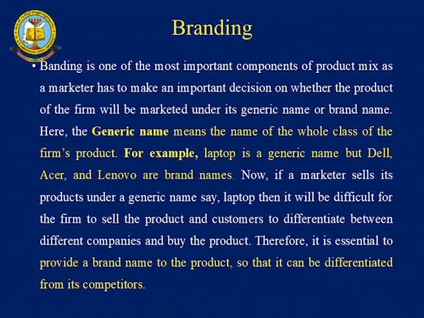Now if a marketer sells its products under a generic name, say laptop, then it will be difficult for the firm to sell the product to consumers, because it is difficult for us, the consumers, to differentiate one brand of laptop, or one company, from another company. So that's the reason why, in order to differentiate the product from one company to another company,